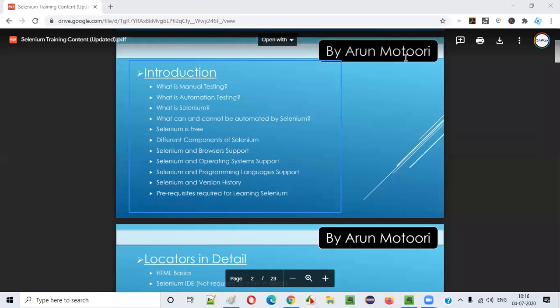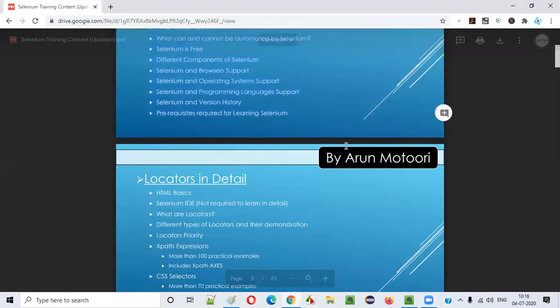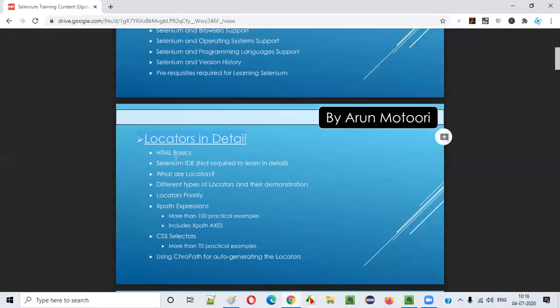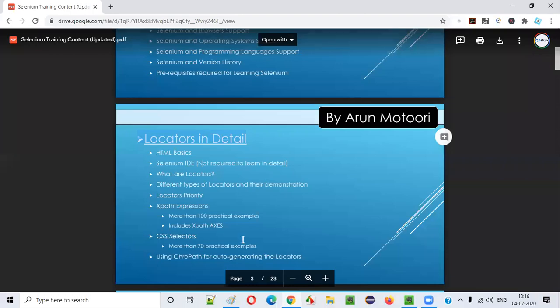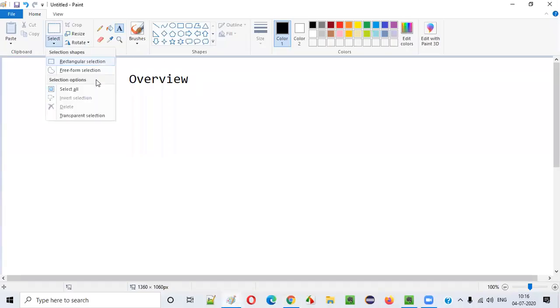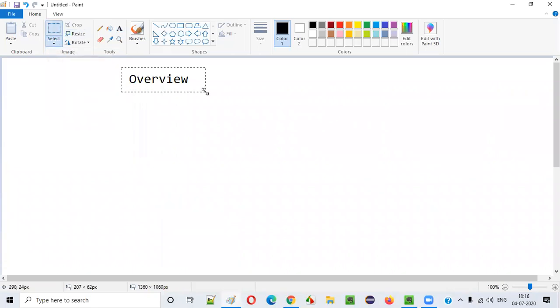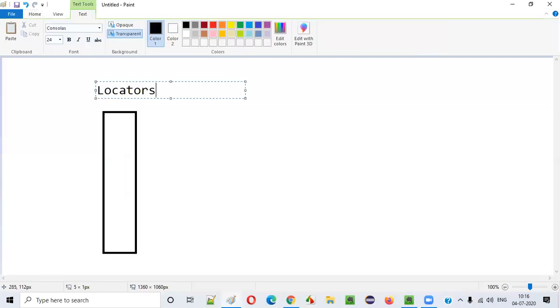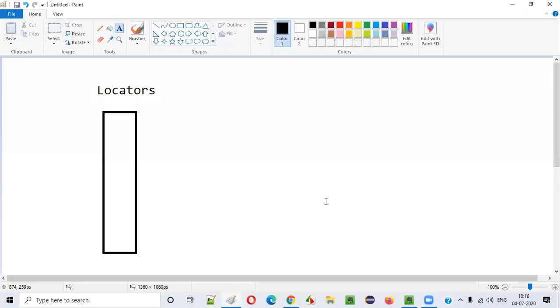So that's all. Now we are good with the introduction. So what will I cover after the introduction? Then there is a topic known as locators, guys. This is one of the pillars, you can say. If you want to learn Selenium, there are a few pillars. One of the pillars is locators. If you have to build a house, you need to put the pillars strong, right? Same thing. One of the pillars is locators.